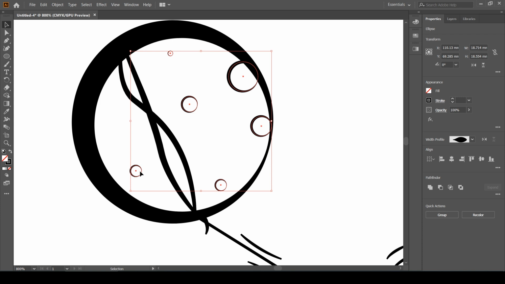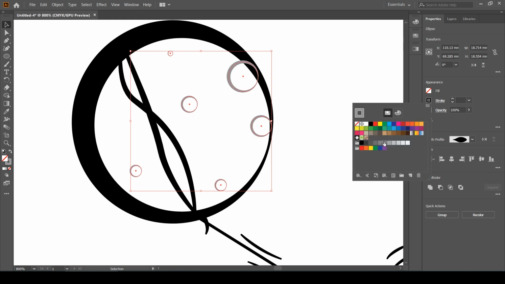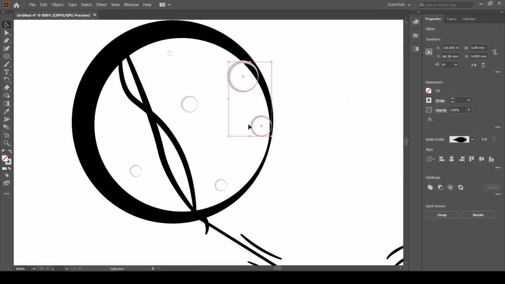Let's change the color of these circles to gray to make the glitters look soft. Bring these circles below the moon.